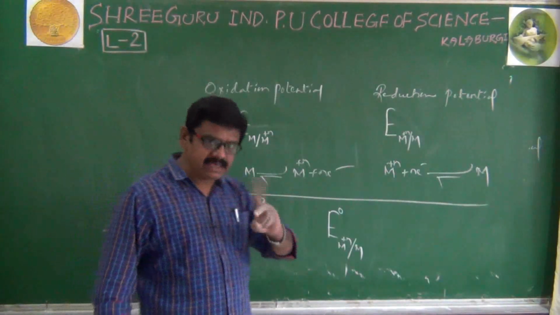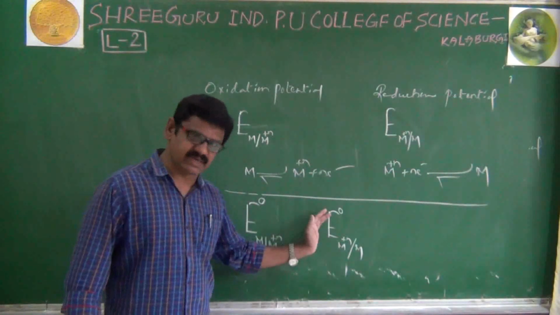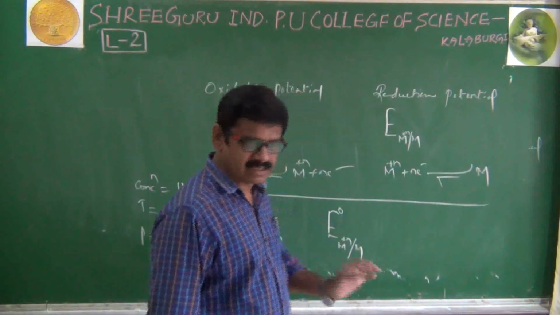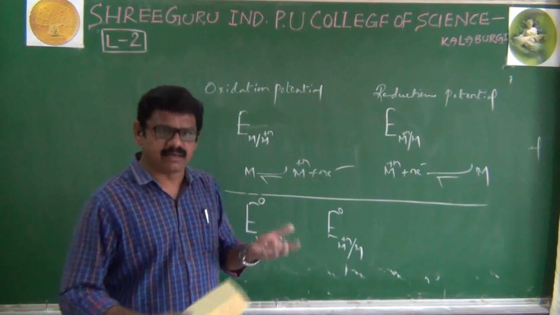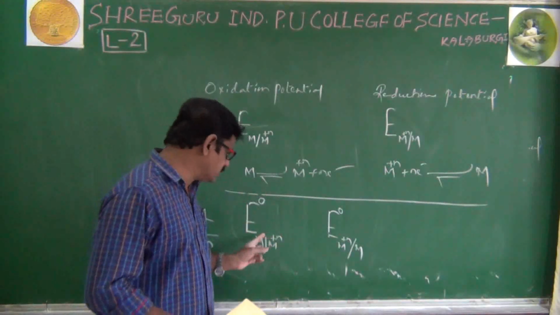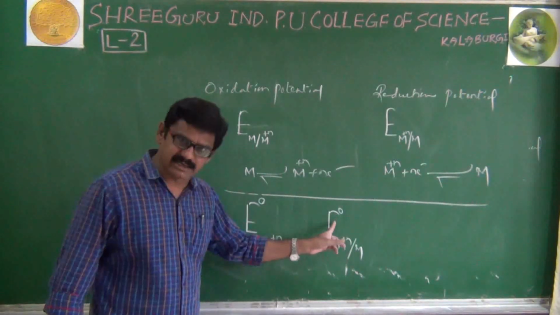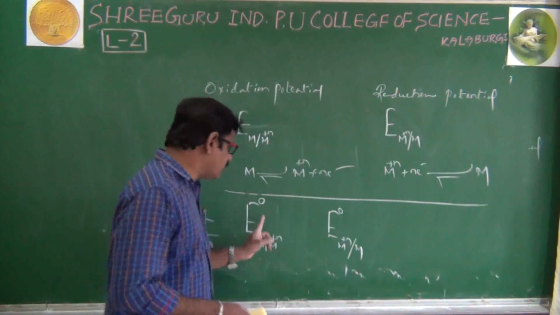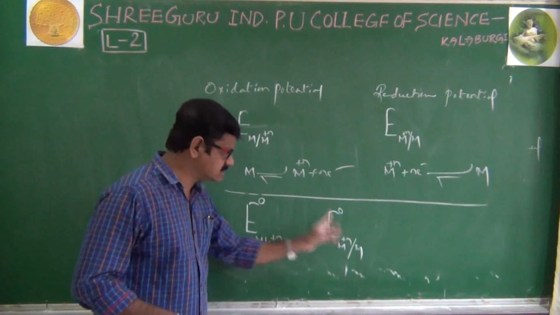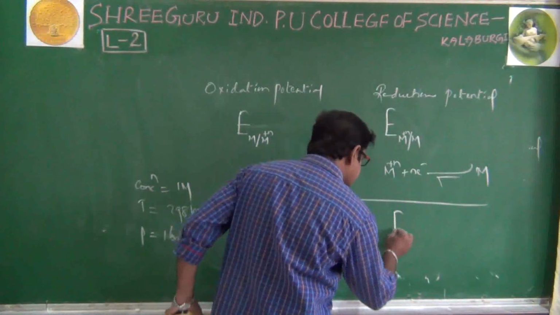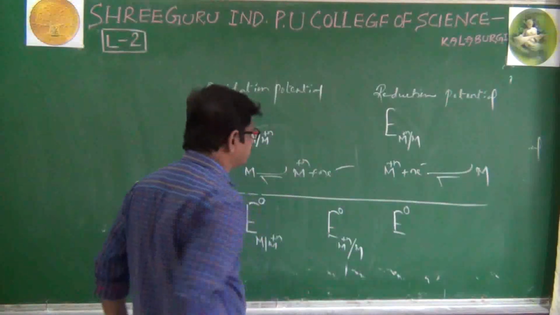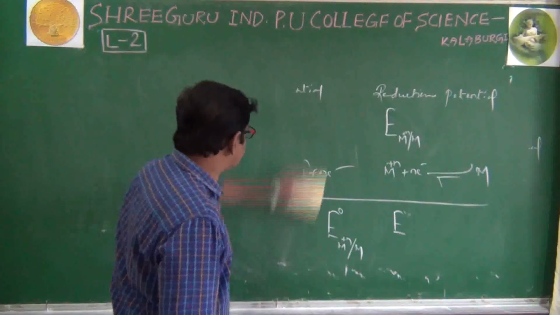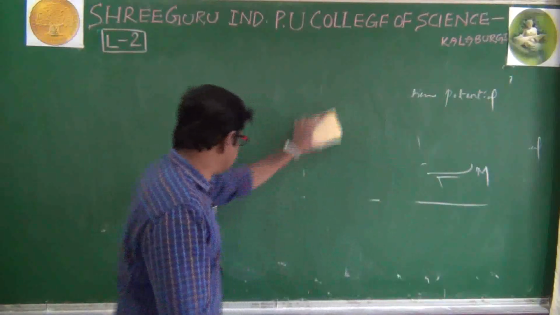Right. Now if you observe standard potentials, we have mainly standard oxidation potential as well as standard reduction potential. Then confusion arises. While solving problems or in electrochemistry generally, whether we use standard oxidation potentials or standard reduction potentials, which potentials we have to use is a big question mark. First of all, we'll see what is the relation between oxidation potential as well as reduction potential. Very simple, standard oxidation potential or normal oxidation potential, we'll write both like this.